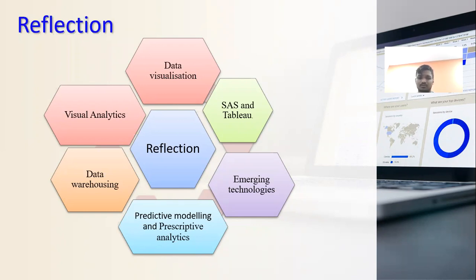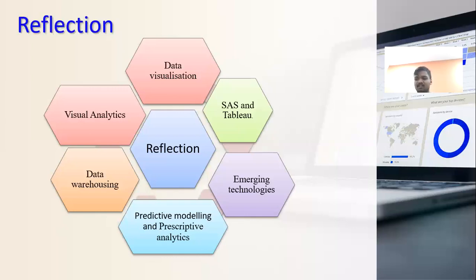When it comes to visual analytics, it is the use of the tools and procedures to your data sets, visual representation of the data. And the data warehousing is a process of combining data and information from numerous sources into a single complete database. When it's come to predictive, it is a process that patterns in each set of input data to predict the future outcomes, where the prescriptive analysis is an approach that combines techniques and algorithms, while the